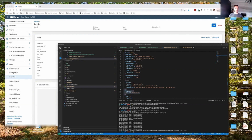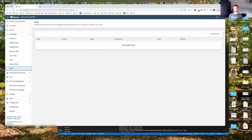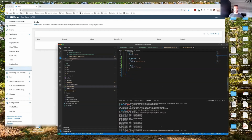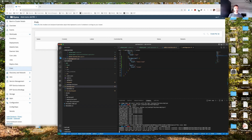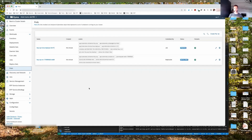I'll show you beforehand, we don't have any pods set up. So I'll go ahead and run the command to deploy the application. You can see that it's installing it. You see we get these two pods showing up. So this DB deployer